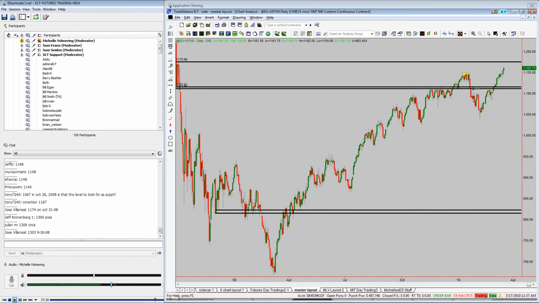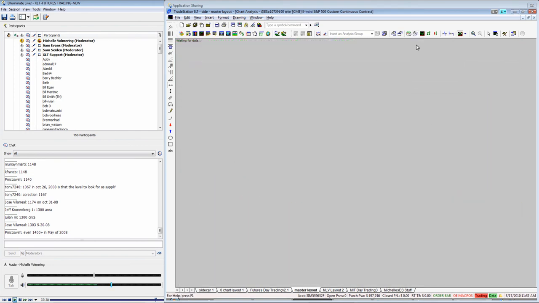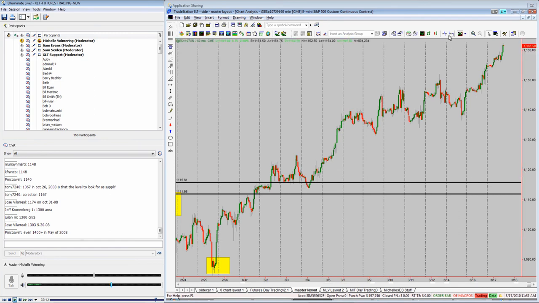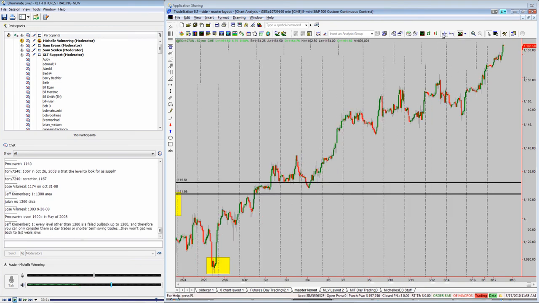So for the person that said, yeah, this is nice objective information, but it's not realistic for people that don't have a large account. Well, let's go down into a smaller time frame and talk about the same exact concepts, only narrowing down the time frames and looking at it on an intraday basis. Okay, and again, we're just using the same exact analogies that we've talked about in all of the XLT sessions